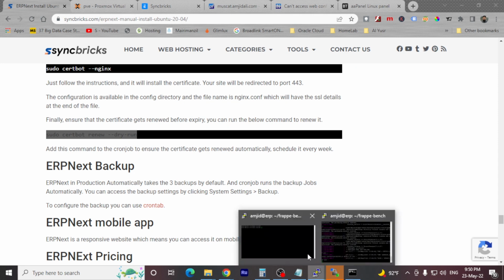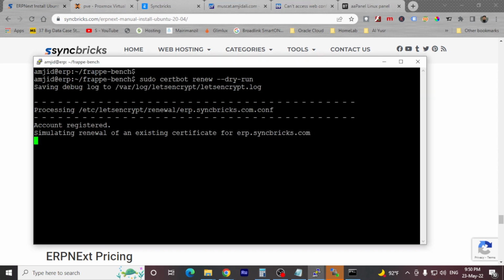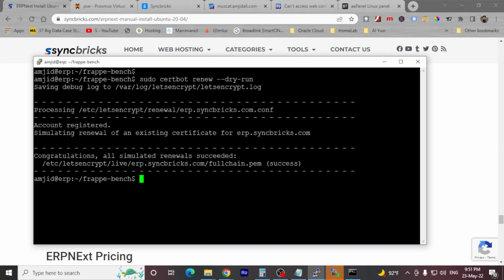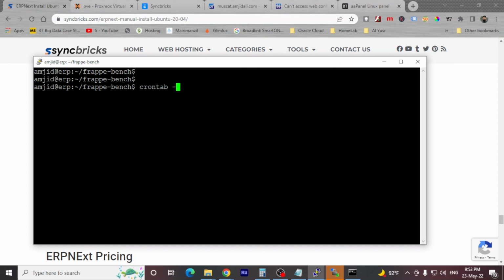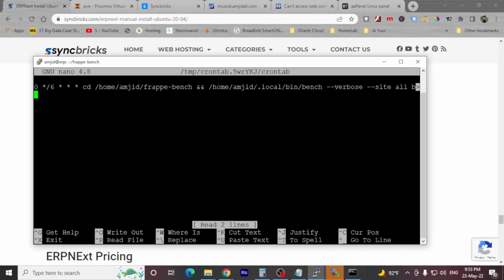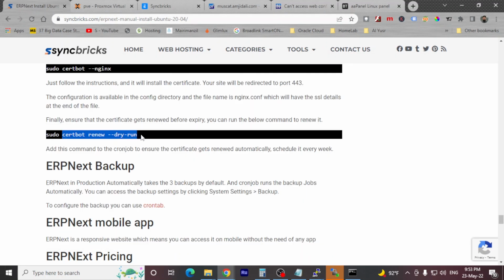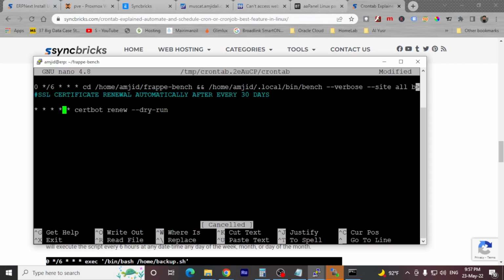So if I run this command here now, all submitted renewals succeeded. This command we need to add to crontab. So if you edit crontab with crontab -e, it will show you one cron job is running here. Every 6 hours, bench will take the auto backup. So we can also add SSL renewal. So this is what the